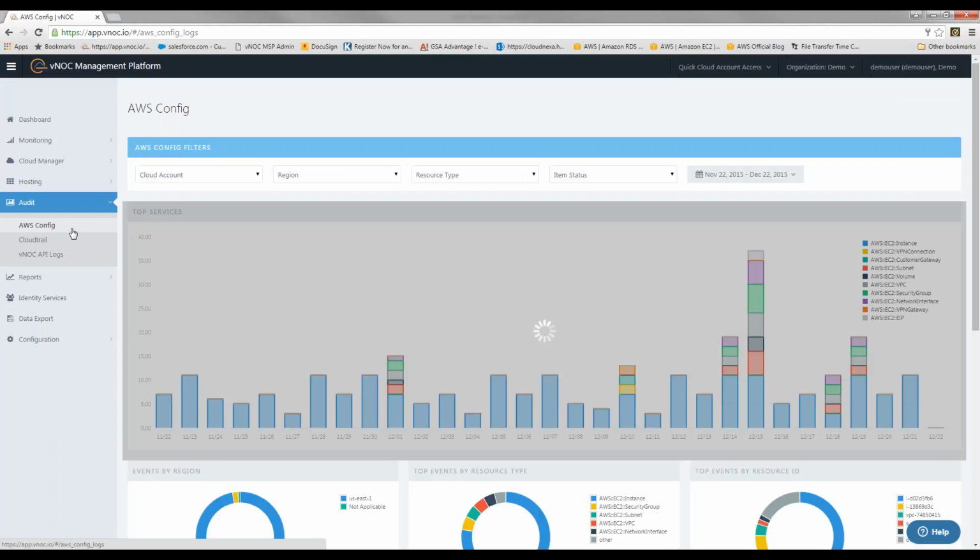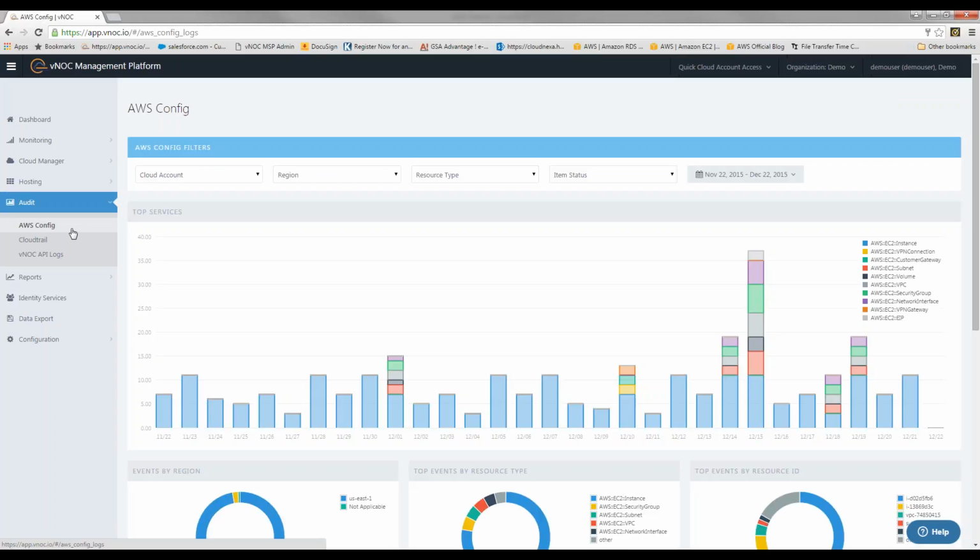Now audit, so this is AWS Config, and this is a service that AWS released in re:Invent 2014. And it's a service that's going to show you the relationships between your EC2 instances across your accounts. And the roadmap for this tool set is to really become more of a change management tool. So it's really useful that we were able to build a user interface in order to support this feature set, because right now in the AWS console, it's managing a lot of logs